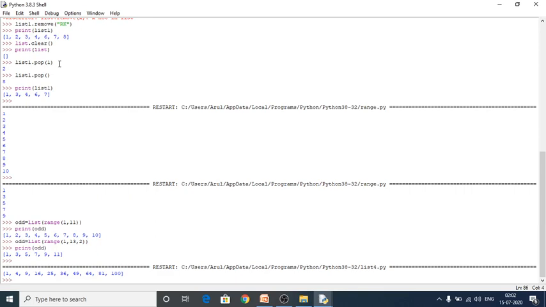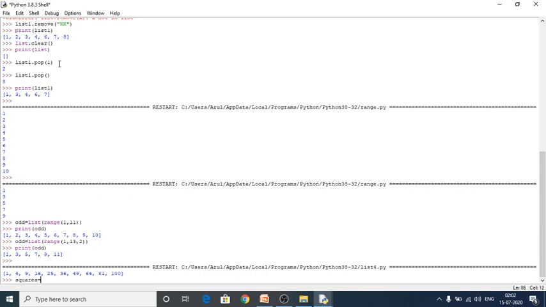So next one is list comprehension. List comprehension is nothing but the simplest way of creating a list of elements that satisfy a certain condition. Here we are going to give a certain condition, and with the satisfied condition it is going to create a list. That is what is known here as list comprehension.